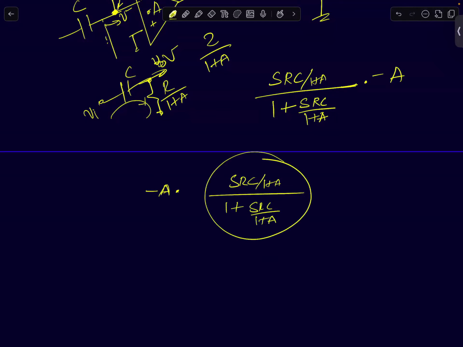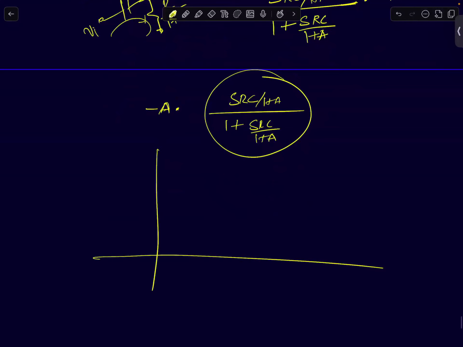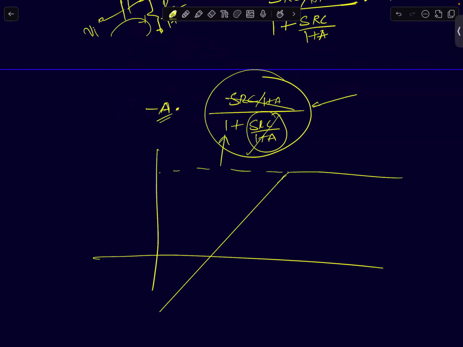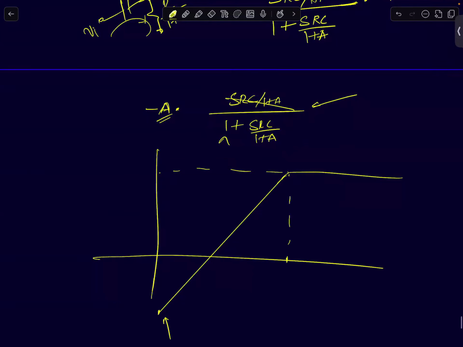So this is a high-pass filter with a gain of 0 at DC. And the maximum value of this will be 1, right? High-pass filter, the maximum value of high-pass filter is 1. That happens when this term starts becoming much greater than 1. Then the numerator and denominator will cancel out and you'll be left with minus A. So that's what happens here. And you can see from this expression, you have a pole and you have a 0 at DC